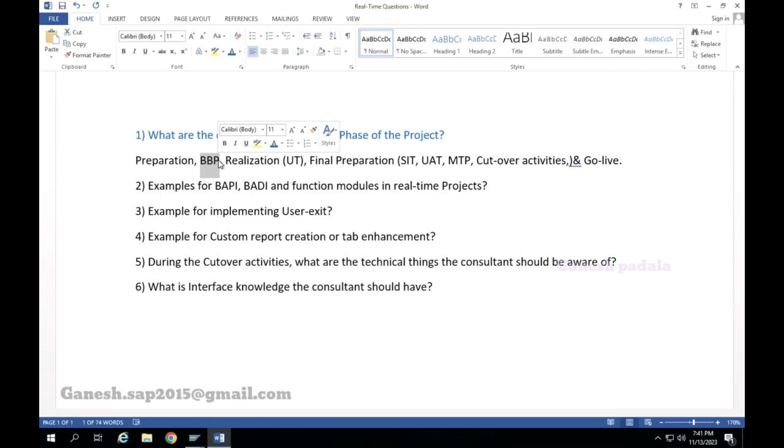Initially planned blueprint sign off for, let's take an example, December 15th or 16th, but you're not able to meet it because multiple versions and changes are coming. Even sometimes your flows are also not prepared properly from your end.